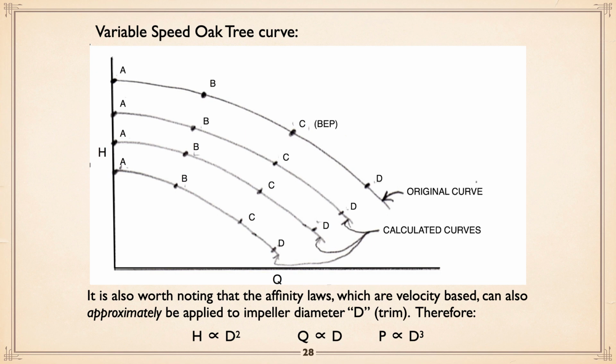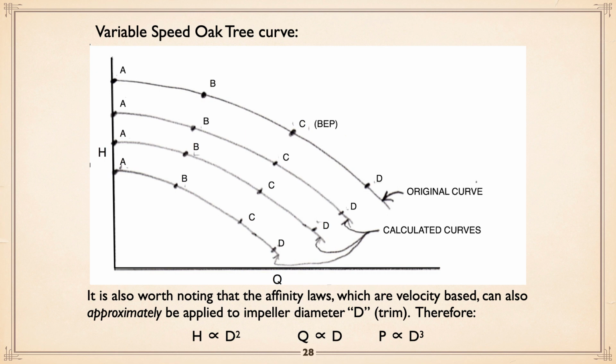This one has actually got the original speed plus 3 lower speeds. So what you end up creating effectively is a variable speed pump curve. And if you don't have one from the manufacturer, you can calculate your own. Now, interesting, because the affinity laws relate to speed, and part of what creates speed is not only the velocity